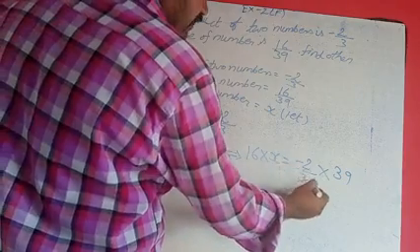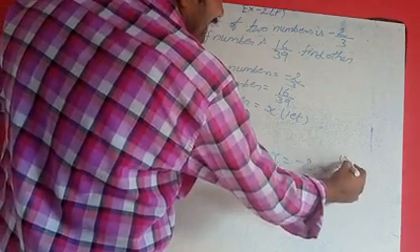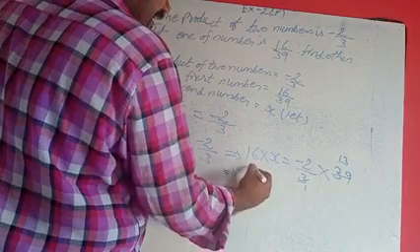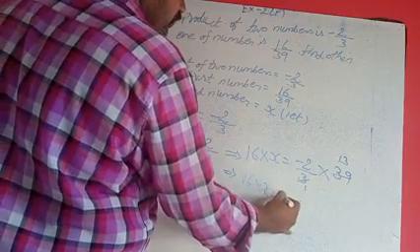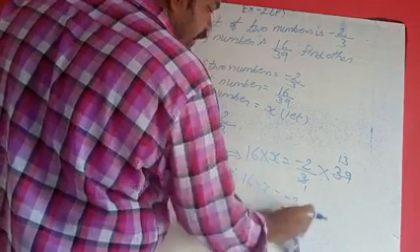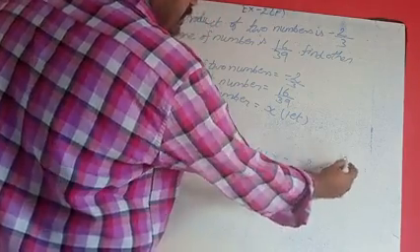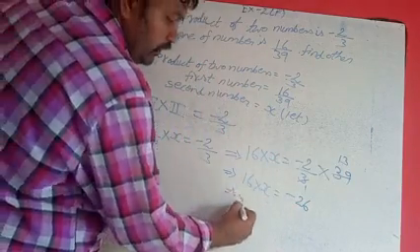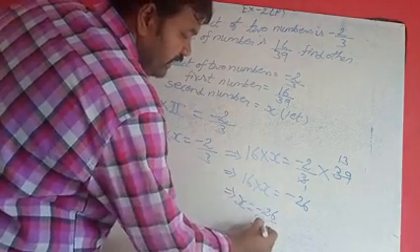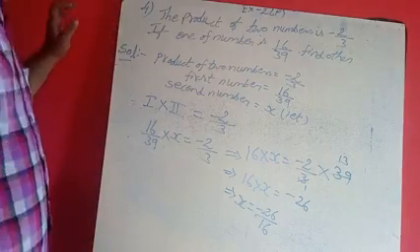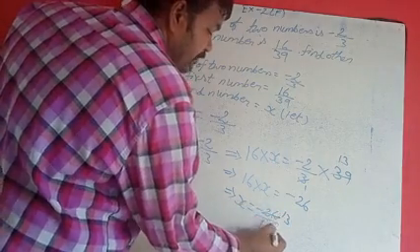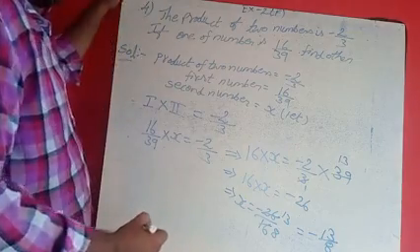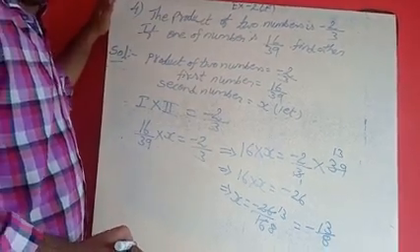Now cancel: 13 ones are 13, 3 times 13 is 39. Now 16 into x is equal to minus 2 into 13. Here plus into minus is minus, 2 threes are 26. Now we only want the value of x. So x is equal to minus 26 by 16. There is cancellation in the two table: 13 times, 8 times. The answer is minus 13 by 8.